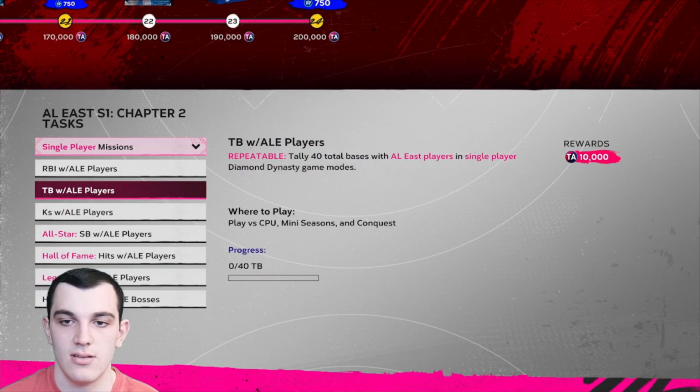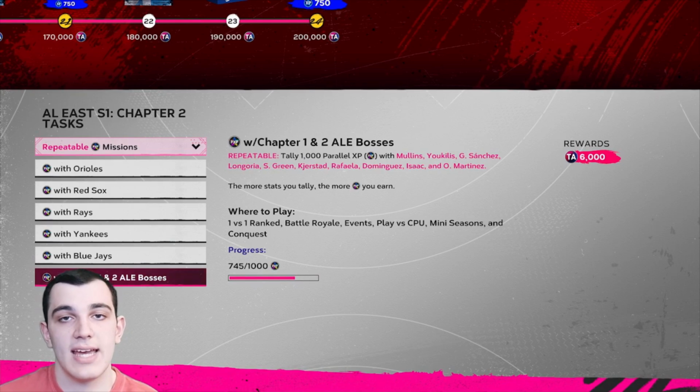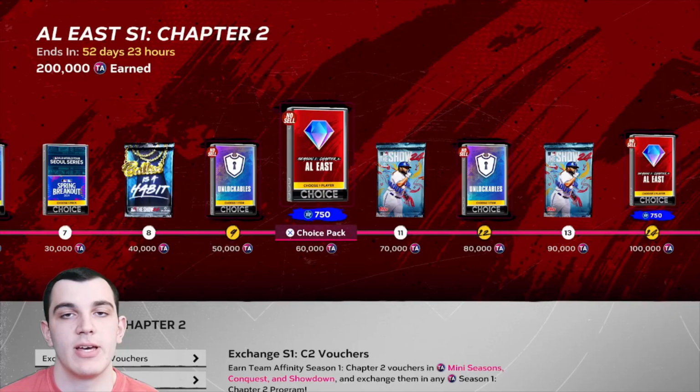Wait, am I dumb? Or I think it's... No, here it is, yeah. Chapter 1 and 2 bosses. So for the PXP, if you don't have any of the bosses, you can use Chapter 1 bosses if you have that completed. Now, in my last video, I also said to do showdowns until you get the first boss